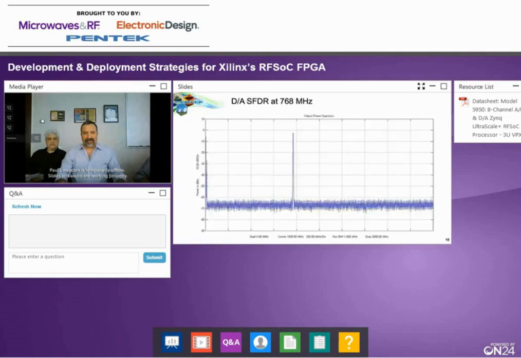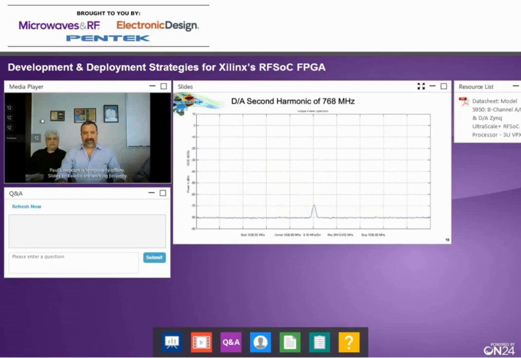What you can see here, because this is the output of a spectrum analyzer, is the performance through a pretty wide span. If I go ahead and advance it to focus on where the second harmonic was, you can sort of see at 768 megahertz, the second harmonic was down below about 70 dB. And so that's just a brief overview of the spur-free dynamic range and noise spectral density that you get from